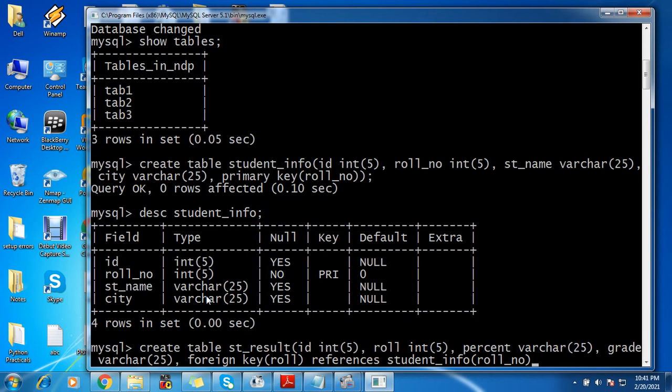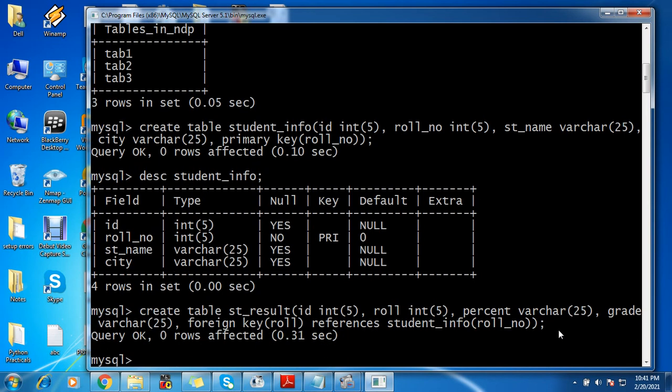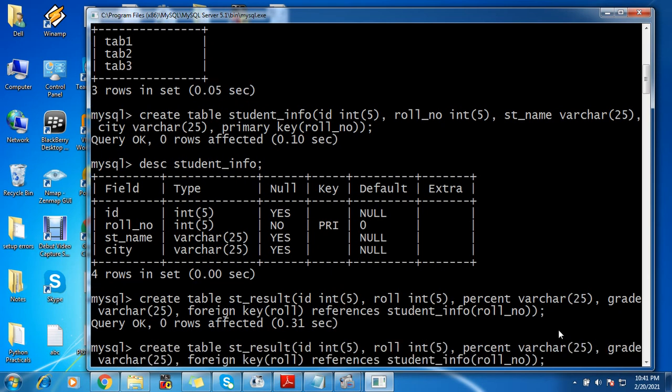Okay, foreign key on the roll number column. The parent table or the primary table is already having a primary key, so I am putting a reference of this roll number to this roll. So both the columns I have specified the table. Now let me complete this command with bracket and a semicolon and enter. Okay, it has got created.